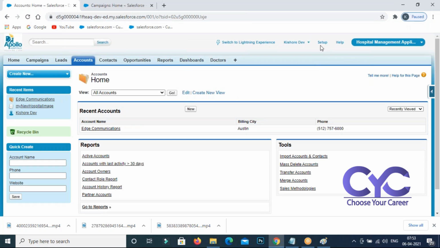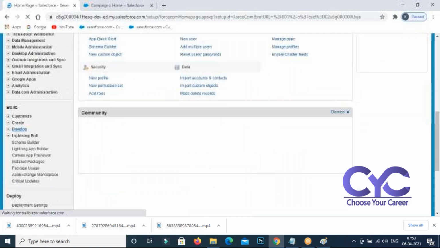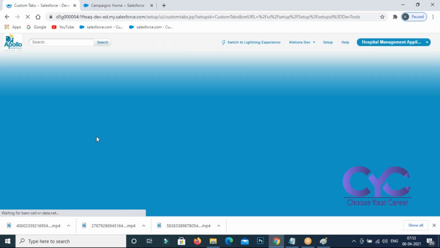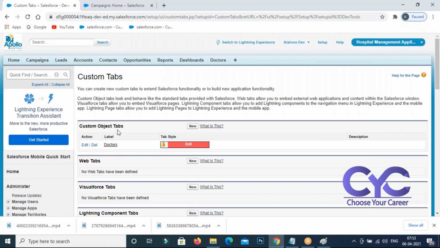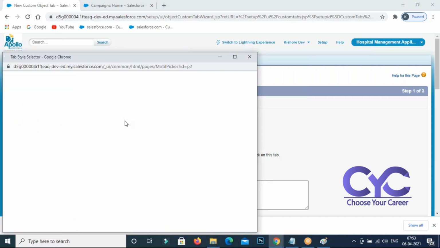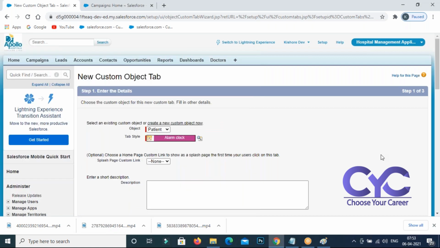Okay, let me set up a tab for your patient also. Go to Setup, Build, Create, Tabs, Custom Object Tabs, go to New, select your object, select your tab style. Let me take this one.